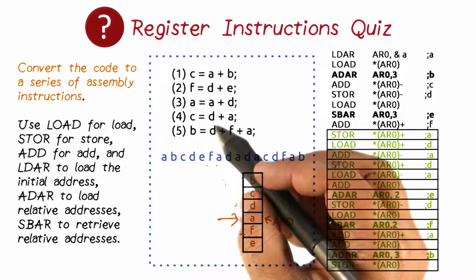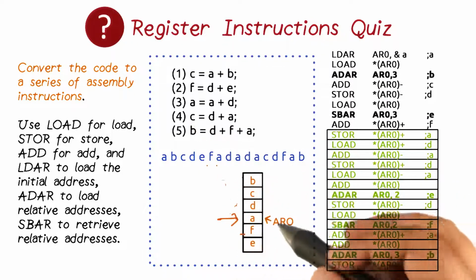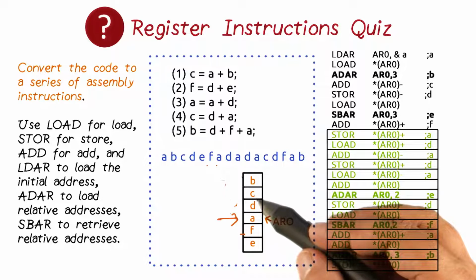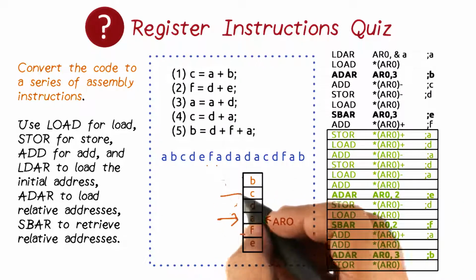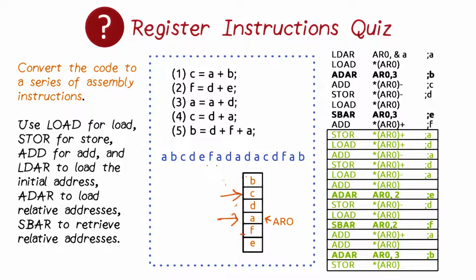But the next thing that we need to do is store this value in C. Now where is C? C is 2 locations incremented from A. So that is why now we have ADAR, which is incrementing the address register by 2. And after this, the address register is pointing to C. At this particular location, we can go ahead and do the store to put the value into C. And now we are ready here